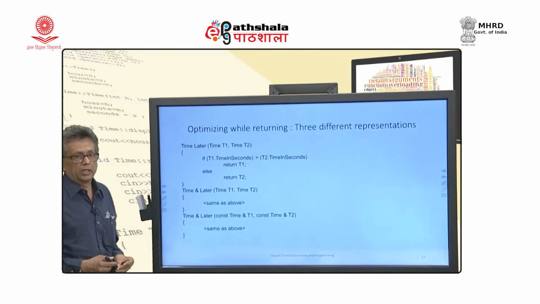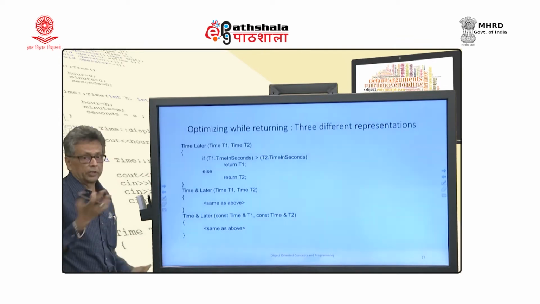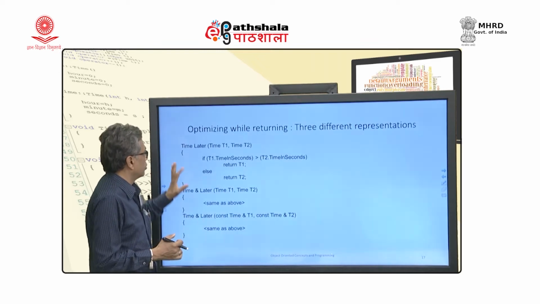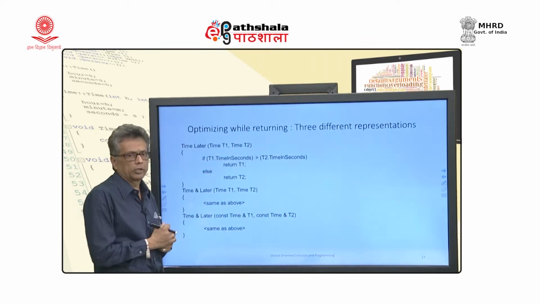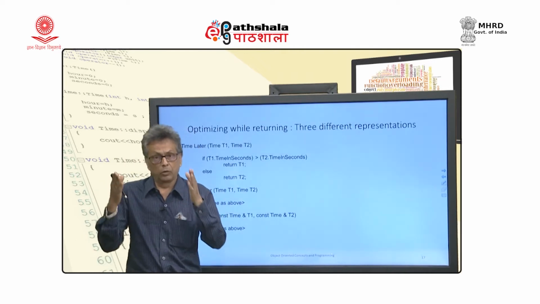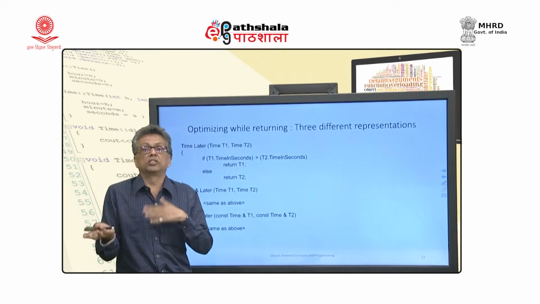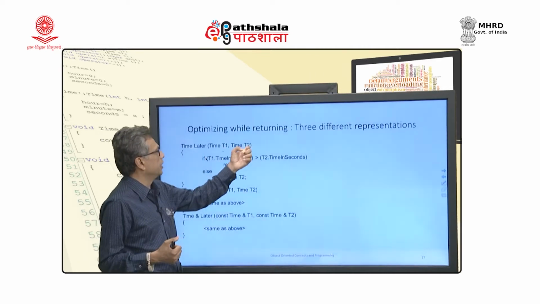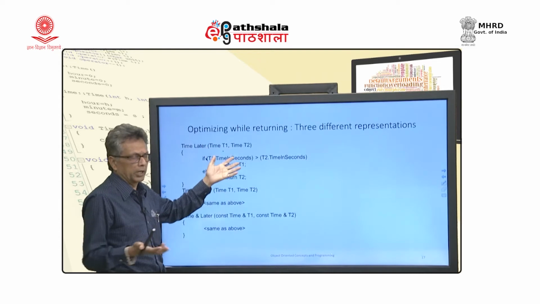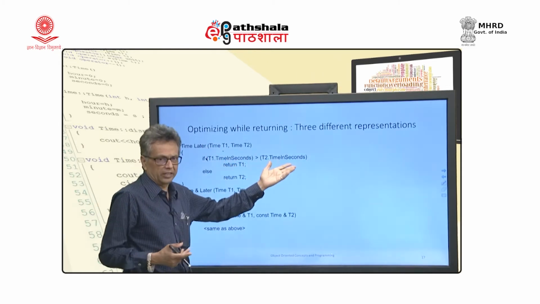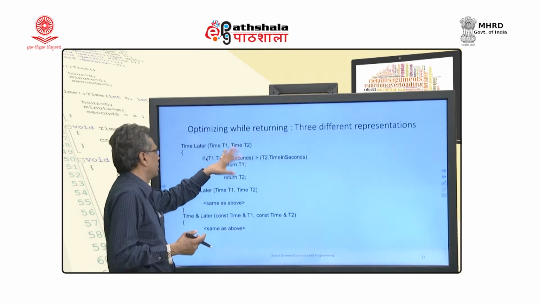One more thing is something that you probably have studied, and if you have not studied, this is also simple. If I want to write a function called later, I have two time objects, and I will look at them and return a time which is later out of these two. So, I define the function like this: time later(time t1, time t2). This is value parameter passing, and there is something called time in seconds. So, I am just comparing and returning either of them.